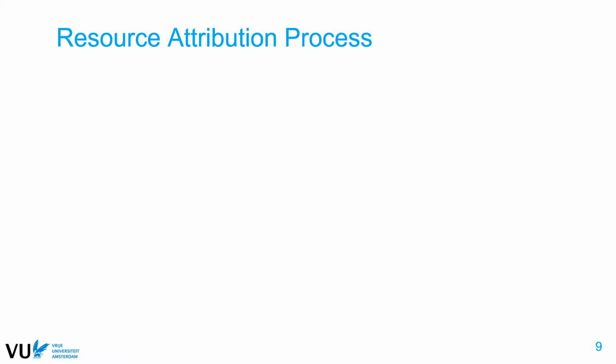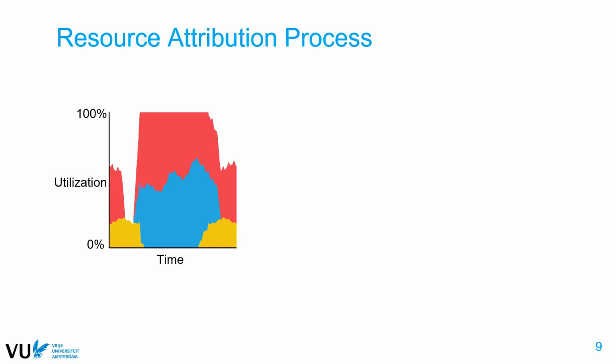In the resource attribution process, Grade10 combines an execution trace with coarse-grained resource monitoring data. It infers for each operation in a graph application how many resources the operation used over time. Details are available in the paper, but in this presentation I want to share an intuition for how and why it works. First, consider the figure on the left, which depicts the utilization of a resource, say a CPU, by